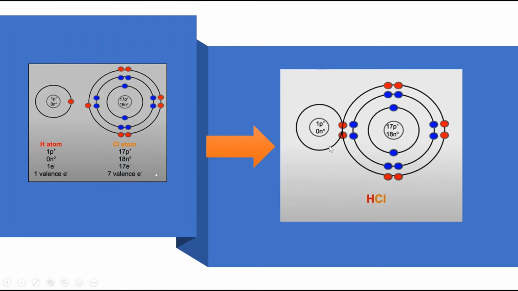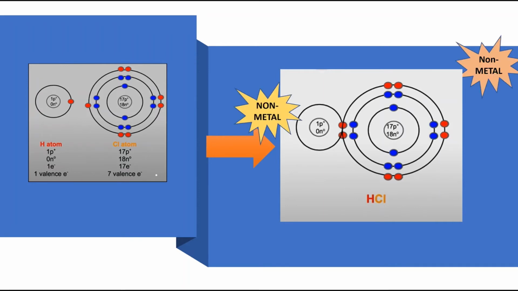That means that this electron will be shared. But this sharing is between 2 non-metal atoms. Unlike the ionic bond, it is not completely transferred. And secondly, since it is shared, it is called a covalent bond, right? Now, if you check the electronegativity, hydrogen is 2.1 and that of chlorine is 3.0. So we can check the electronegativity difference as the absolute value of 3.0 minus 2.1, which comes out to be 0.9.